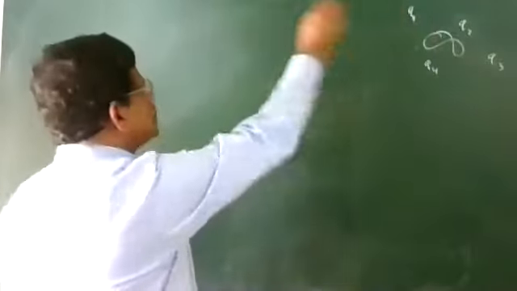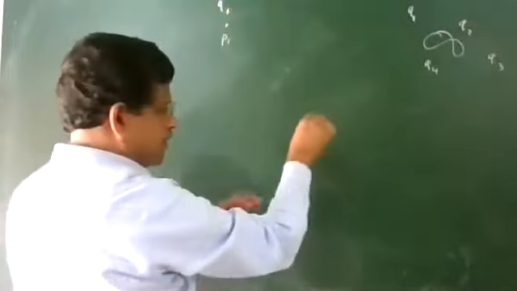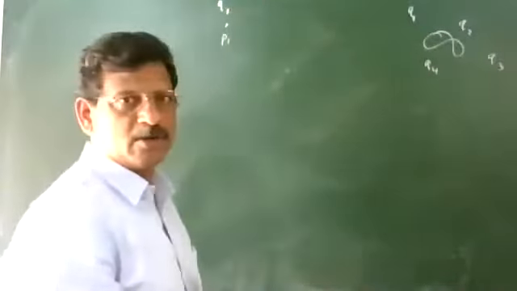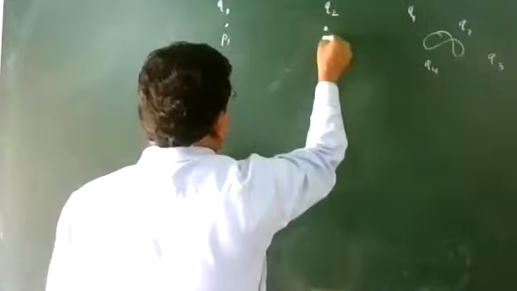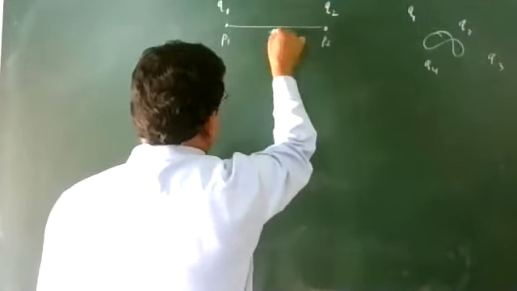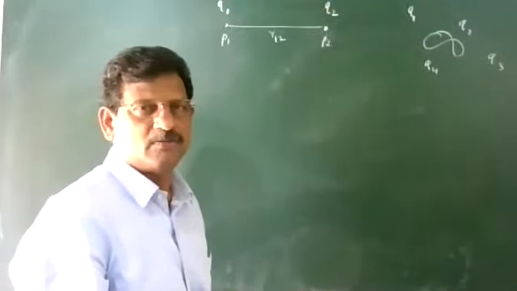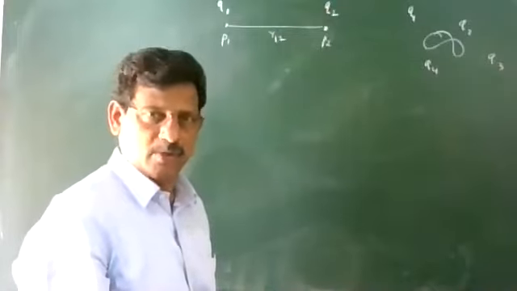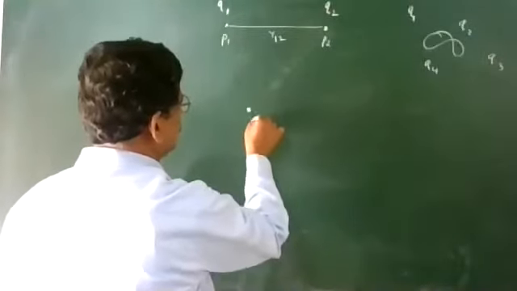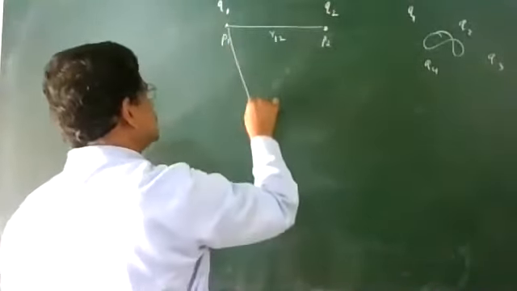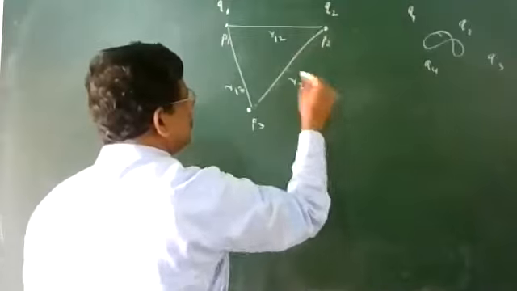Okay. So to bring charge Q1 to the point P1, work done W1 equal to 0. Next, you have to bring the charge Q2 to the point P2 at a distance R12. That you know W2 is equal to 1 by 4 pi epsilon naught, K Q1 Q2 divided by R12. Now to bring Q3 to the point P3. The point P3 is here. In between, the distance is R13, and the distance between 2 and 3 is R23.